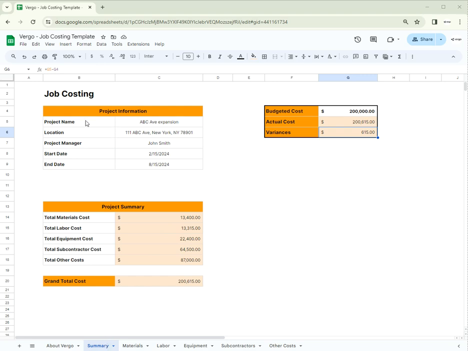This is where you would put your project name, project location, project manager, the start and end date. Here you can add the budgeted cost. In this case we've added $200,000 as an example. And the actual cost and variances will calculate and update automatically based on what we input in the next couple